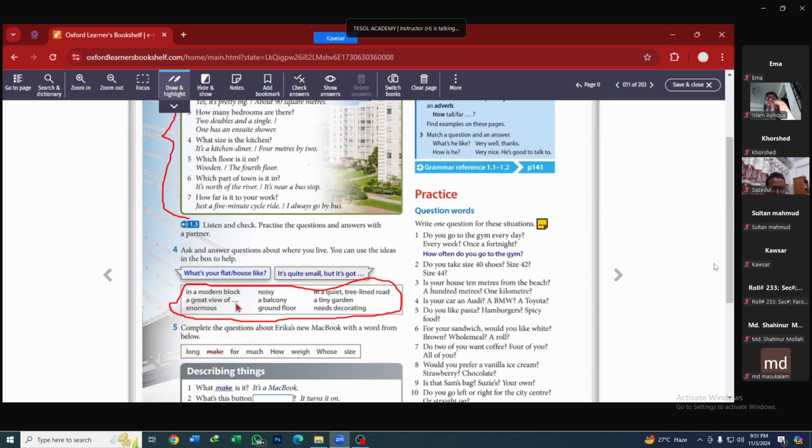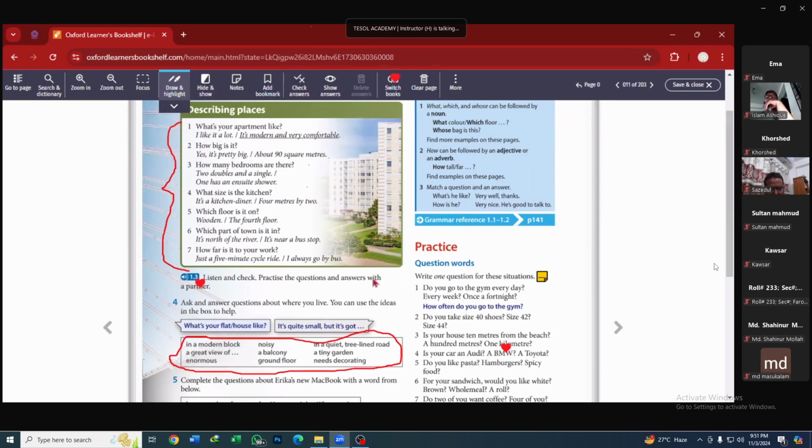So these are the phrases that are given for ideas so that it's easy for you to answer. Mr. Kasser, please stop marking on the screen, please. Do not mark on the screen, please. So prepare yourself, take 1 minute and prepare for the answers that you will be giving. And then I will make pairs and you will be asking questions and answering. Okay? Take 1 minute to prepare yourself.